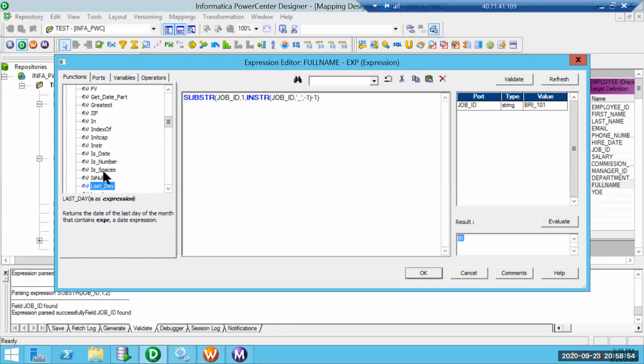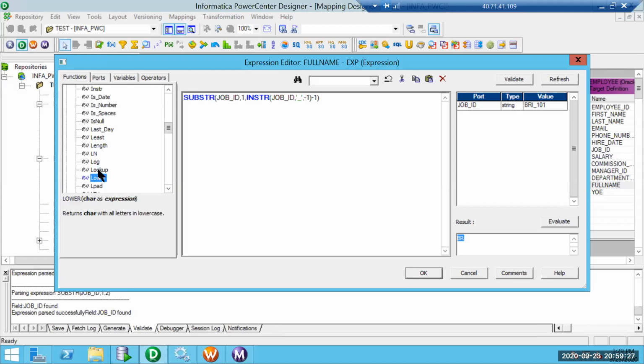If you want to identify the last day of a month, we can use last day of the particular date, and it returns the last day of that particular month. This is a function which is available in Oracle as well, the last day function. So length is going to provide us the number of characters present in a string.